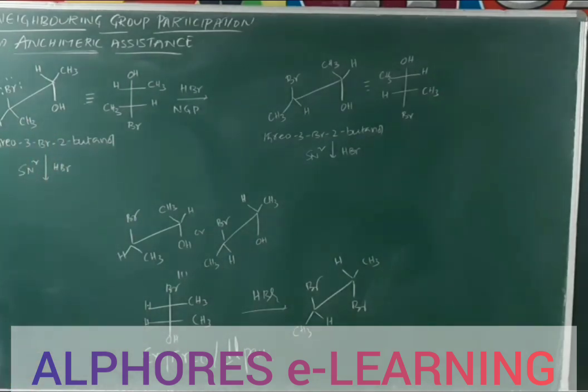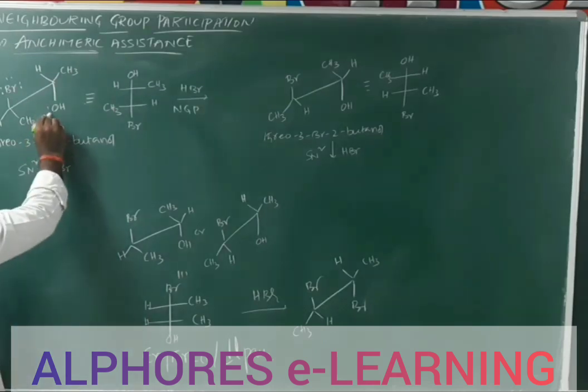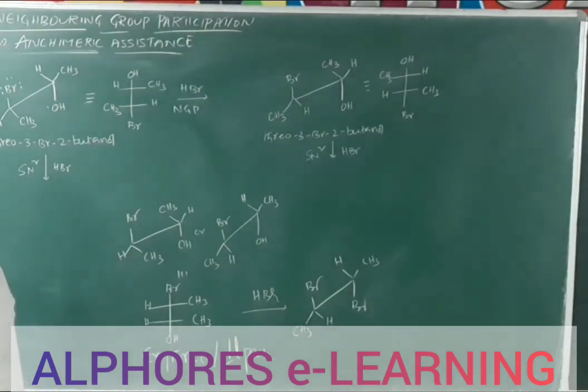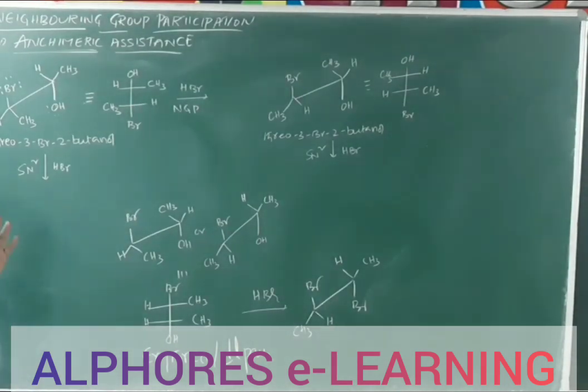Generally, what we expect during HBr addition is that the oxygen of the alcohol gets protonated, as we learned in previous sessions. OH minus is a poor leaving group. In order to convert that poor leaving group into a good leaving group, we need to protonate. That means we have to use acid, so we are performing that reaction in acid medium.